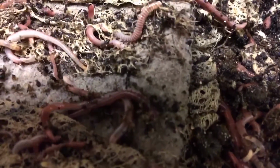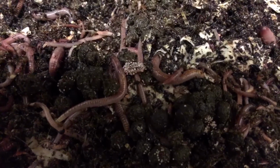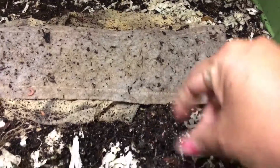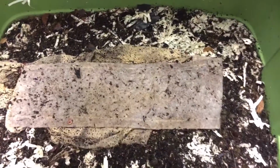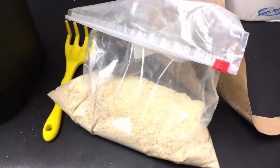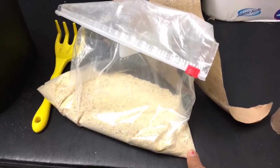They're beautiful worms. They're huge. These and red wigglers are my favorite. I tried raising African nightcrawlers, but it just gets too cold here in Indiana, and they didn't make it. So this bedding is moist. It's made out of peat moss and coconut coir. They seem to be happy in there, and I feed them this stuff, which is ground up cornmeal and oatmeal,